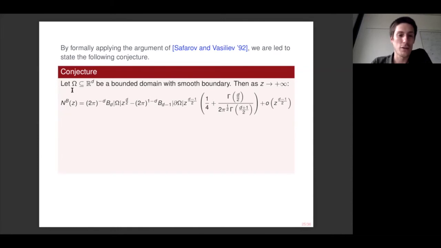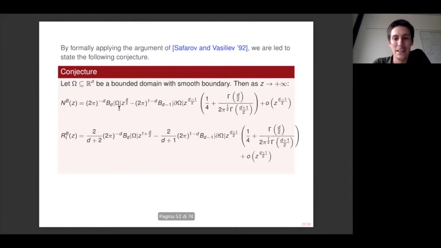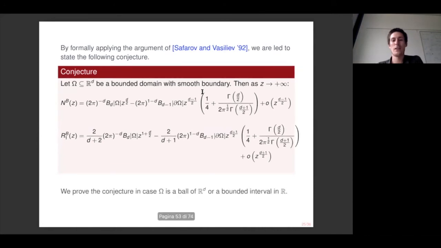So this is what concerns the buckling counting function, and of course, if we believe that this holds, by integrating this two-term formula, we also believe that the formula for the first Riesz mean has to be this one. As I said, we haven't confirmed this conjecture in generality, but we will show two examples for which we can see that this is somehow a good guess.